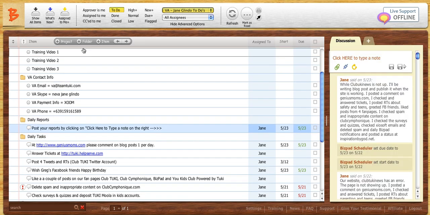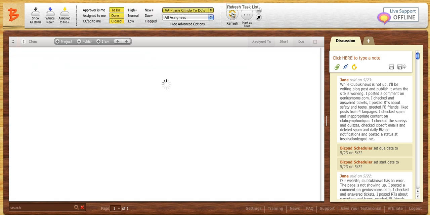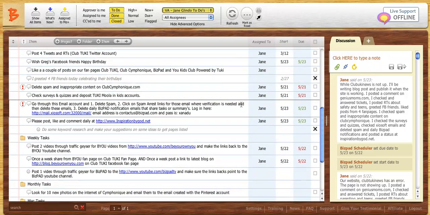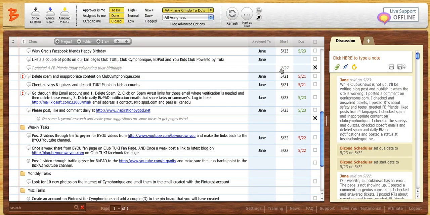You can see in my filter bar, the items that are selected are to-do items, but I want to see the items that Jane has already done and the items that we've already closed. So things that have been done, we've approved, we've moved on from. So I'm going to refresh. And now you can see in here, these are all open items. Scrolling down and you can see, okay, so over here, February 27th, we have a closed item,